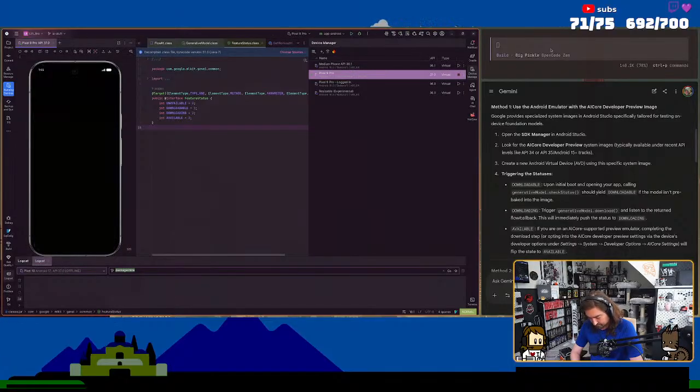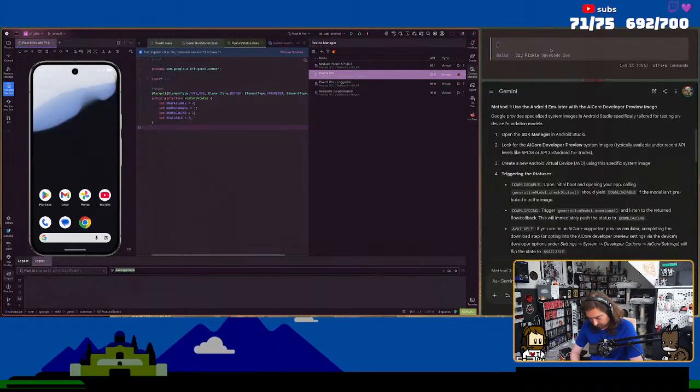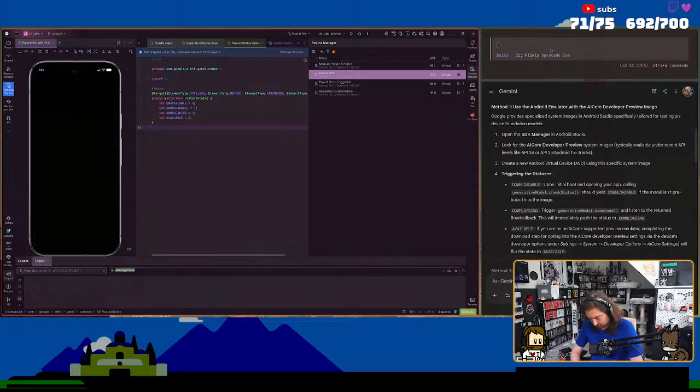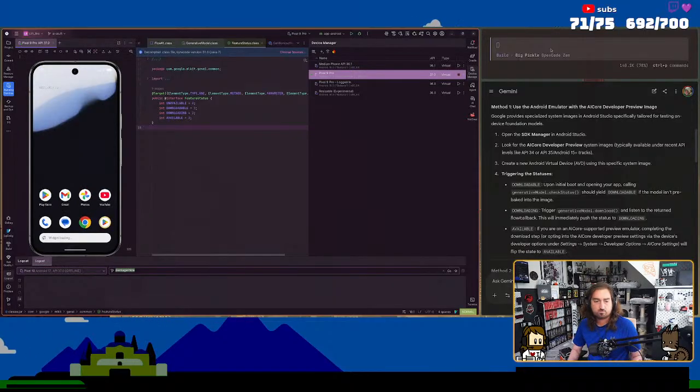Did my action run? A second, I just need to check something. Oh, the Android test didn't run.